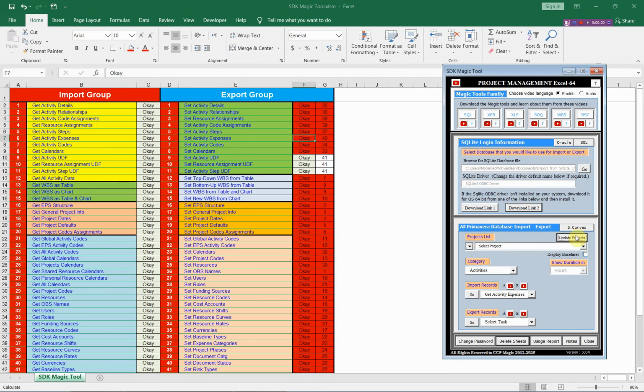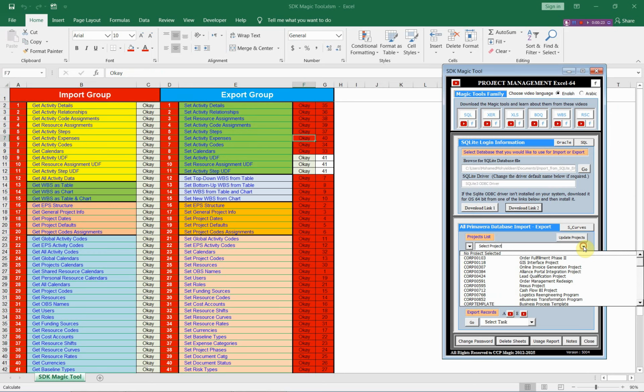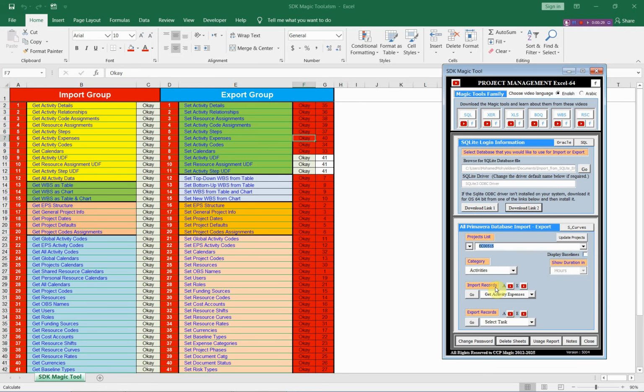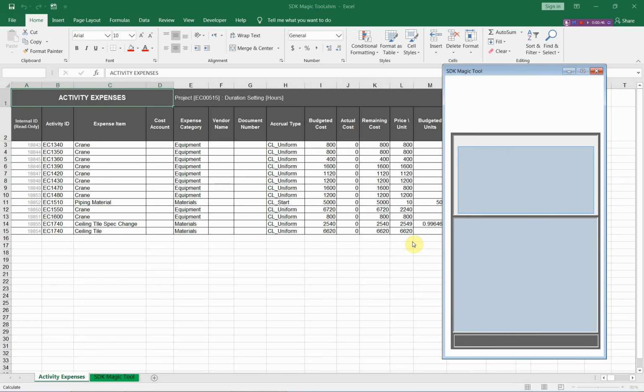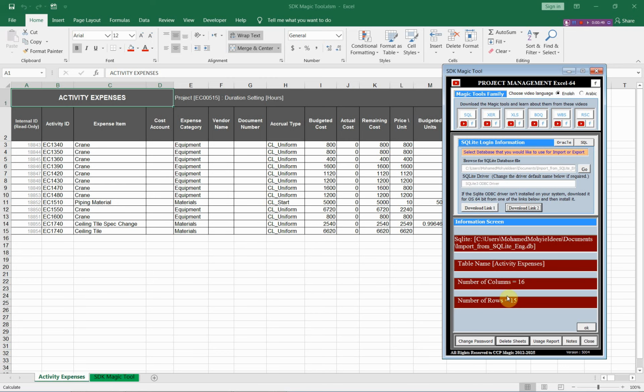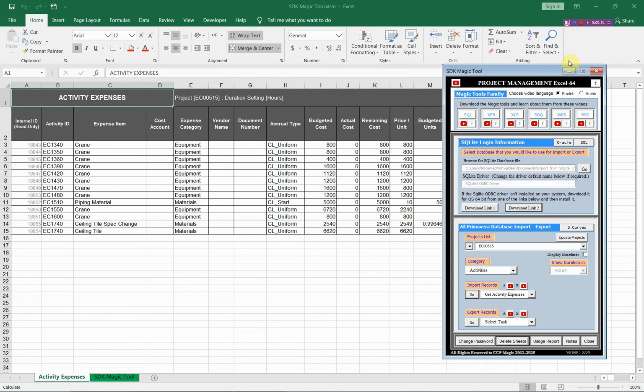From this option, let us update projects, and we will select one of these projects. For example, let us select this project. And from the activities menu, search for the activity expenses, and let us import the current expenses in this project from this option. As you see, we have about 13 activity expenses in this project,